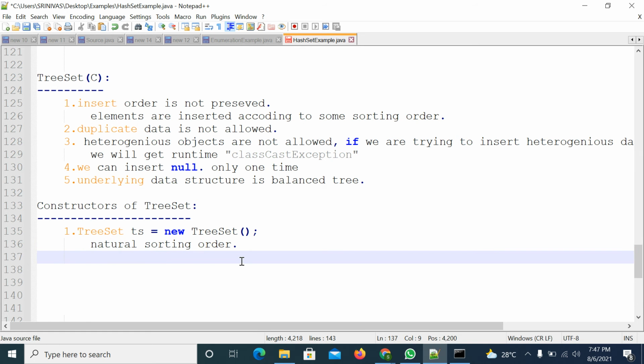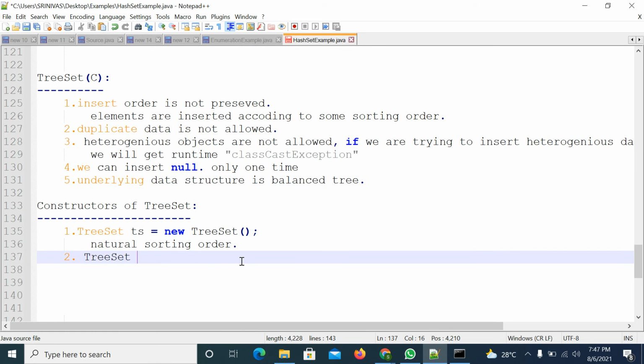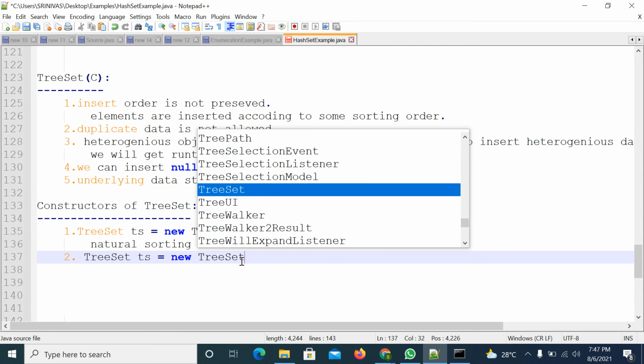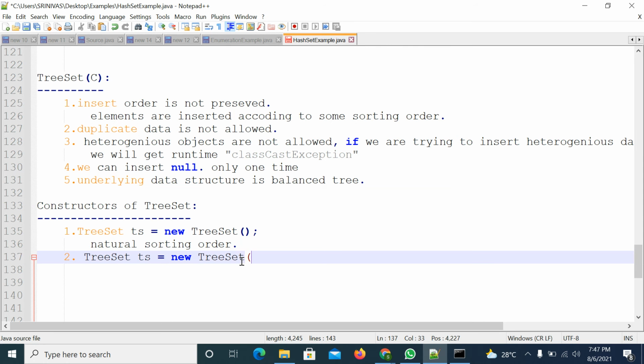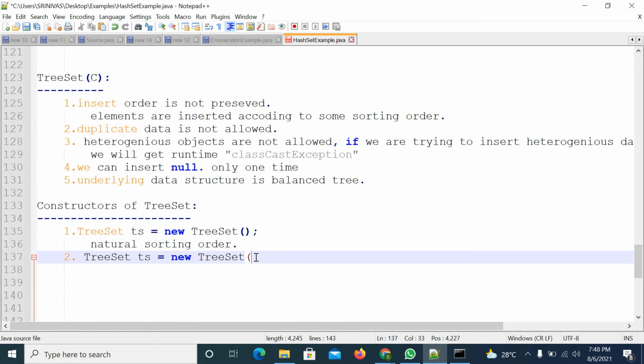The second way, you can create a TreeSet by passing one object, a Comparator. This is the interface reference.